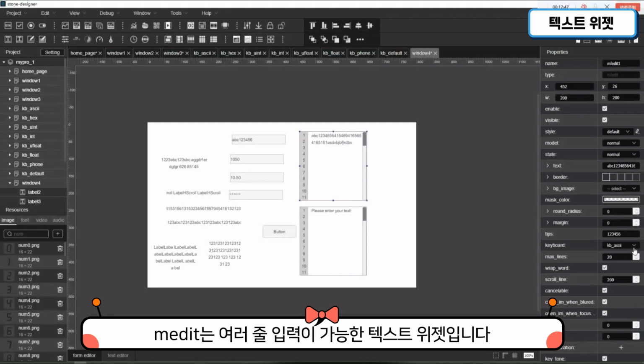Edit is a single-line editable text, Medit is a multi-line editable text, Label is a static text, and Scroll_Label is